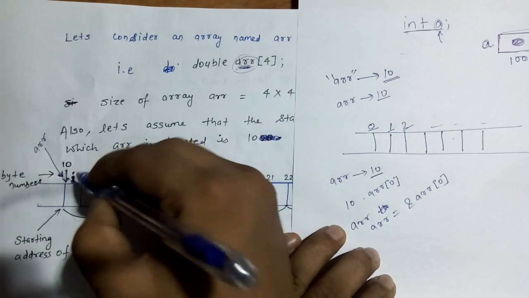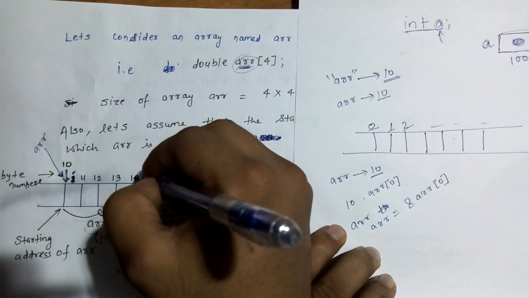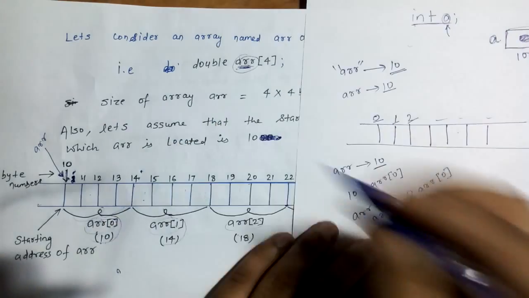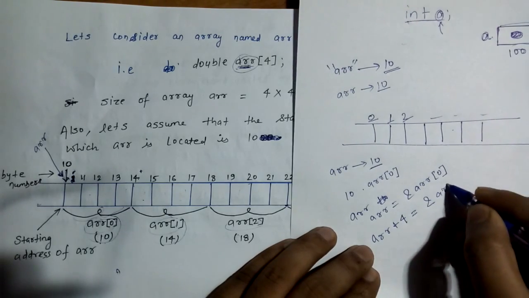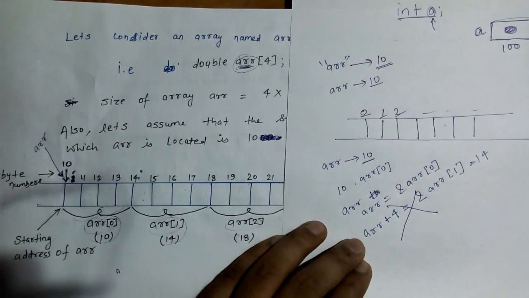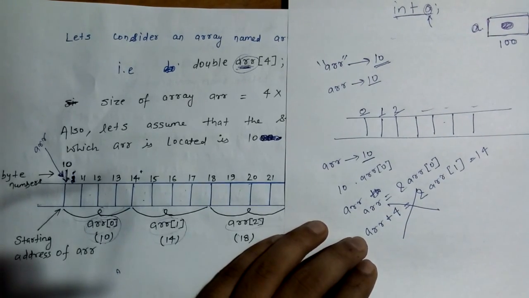So you must be thinking, if I add 4, because 10 plus 4 is 14, I can reach here and have the address of the element at index 1, that is array plus 4 is equal to address of array 1 is equal to 14. But it's not the case. Why? Because all the additions to an array are scaled addition. We already know that this is an array of type double, and we have assumed that a double in memory takes a size of 4 bytes.